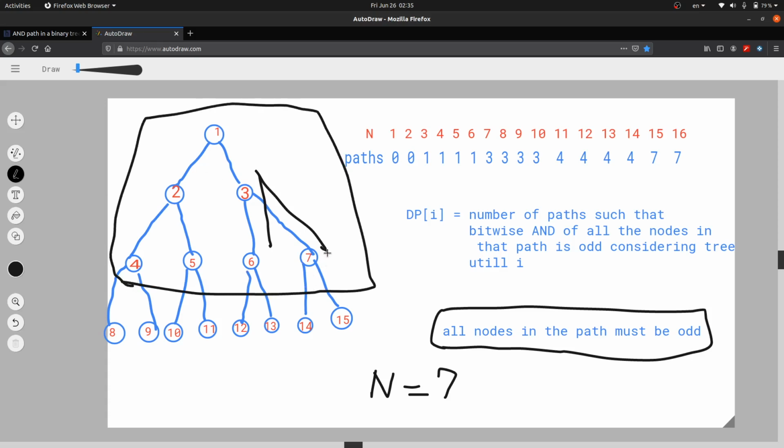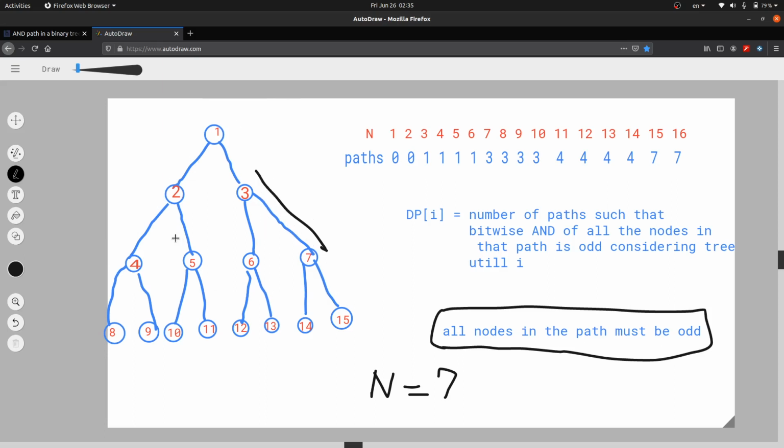From 1 to 7 there can be one path this, second path this, third path, fourth path, fifth path, sixth path, seventh path. There can be a lot of paths, but we are only interested in those paths that have all the nodes as odd.